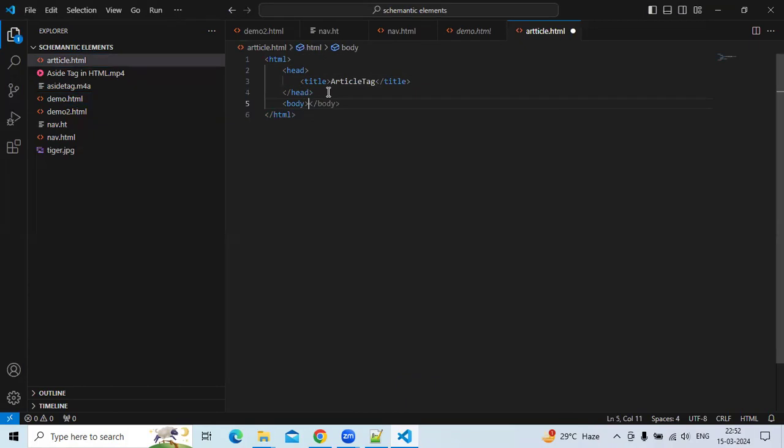So I have two courses, right? Front end and back end. I need to group these two courses, so for that I am taking the section tag. The first section tag is for front end courses and the second section tag is for back end courses. Okay.